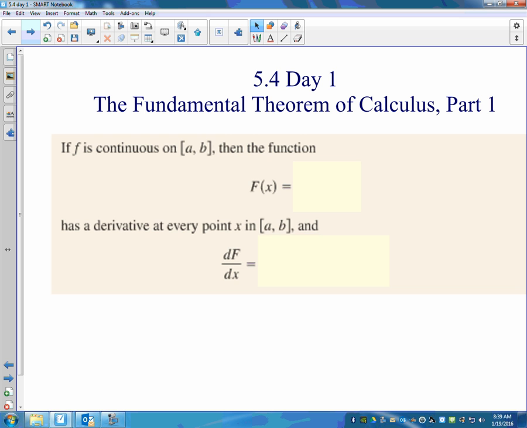So, part one of the fundamental theorem of calculus, we kind of glazed over last week. Like we said, the derivative and the prime cancel each other out. So the fundamental theorem of calculus part one says that if you have a continuous function, then capital F of x will always equal,